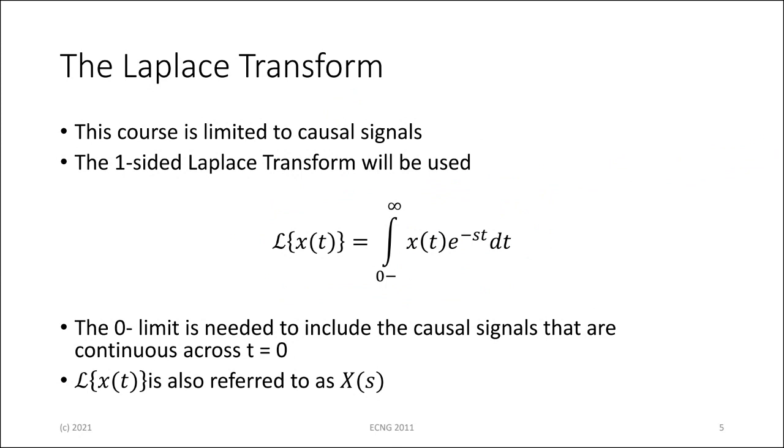Then the lower limit of the Laplace transform, instead of going from minus infinity, we started at 0. And again, we do a little bit of a change for us. We use a lower limit, which is just before 0, because we say that causal signals change